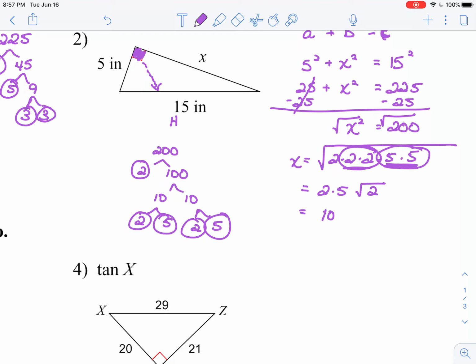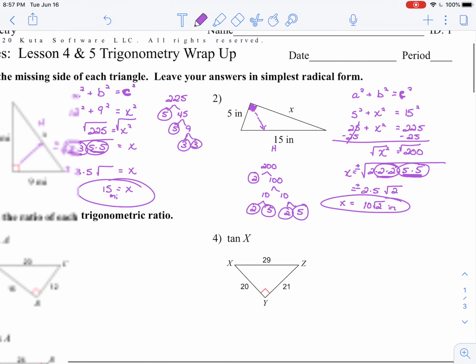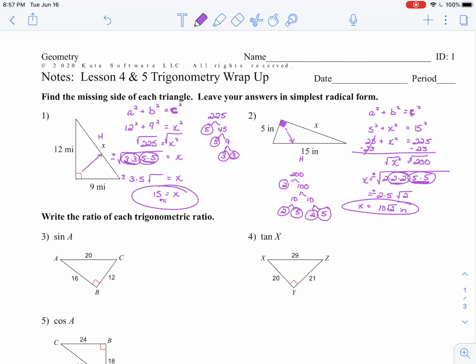Listen to your story. 2 times 5 is 10. Square root 2. Again, don't forget 2 solutions algebraically, 1 solution when we are talking a geometry problem of finding length. So yes, we have been dealing with trigonometry, but that